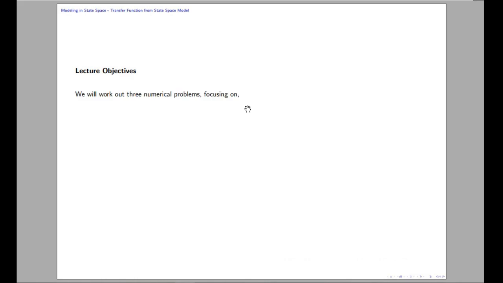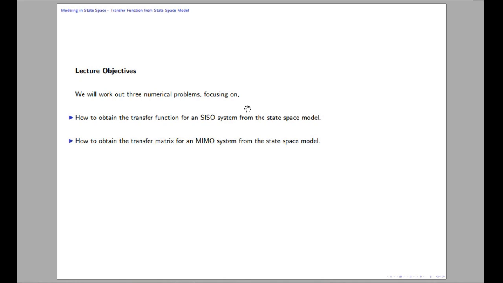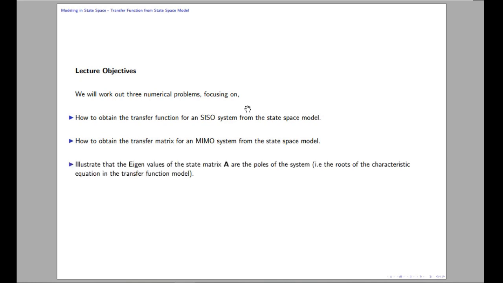So what we are going to do in this lecture? Okay, so in this lecture, we are going to work out some numerical problems. These numerical problems will focus on whatever we learned in lecture number 5, that is the previous lecture. So we'll just obtain the transfer function of an SISO system. We'll take up an SISO system and get its transfer function. And also we'll find out the transfer matrix of an MIMO system from its state space model. And we will also illustrate that the eigenvalues of a state matrix are the same as the poles of the